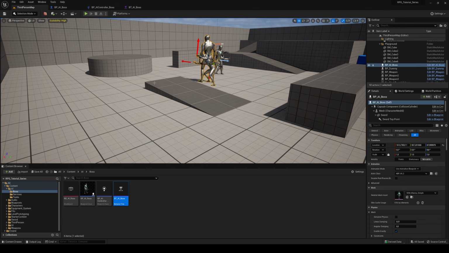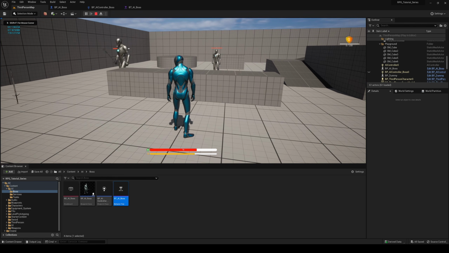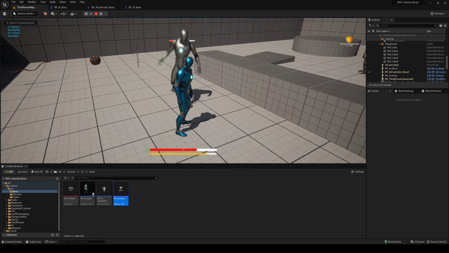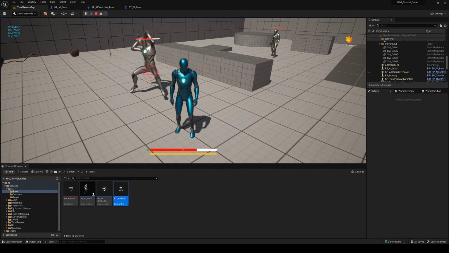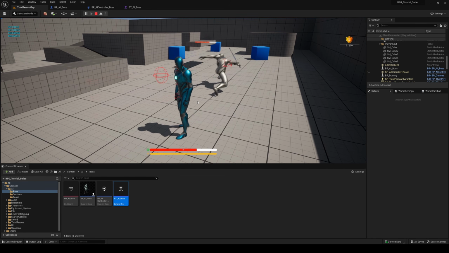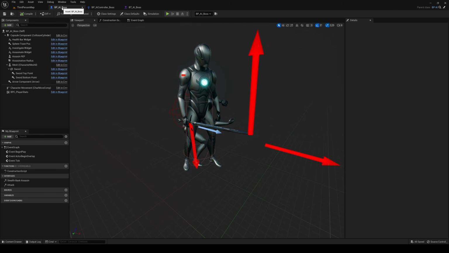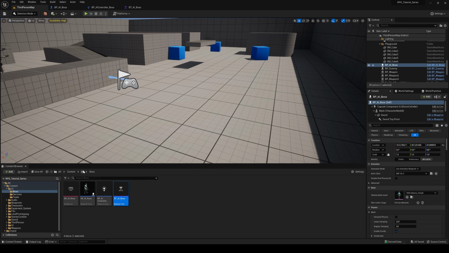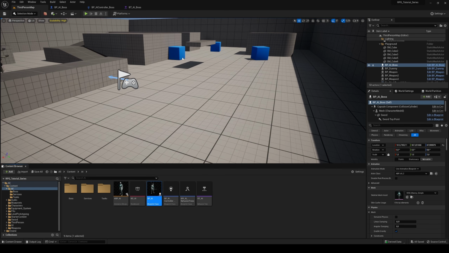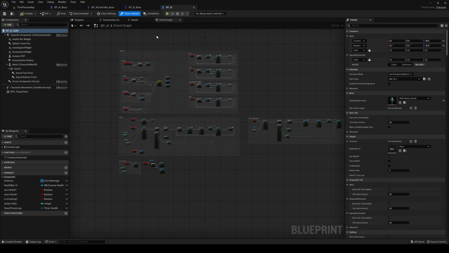Right, so from here what we want to do is basically make his attack animations feel a bit heavier. And for now what we're going to do is keep the same combo with the same animations, but make it so that he attacks slower. So the sense is he is heavier and so on. You get the idea. So what we can do is go into the AI BP AI actor itself, the parent,